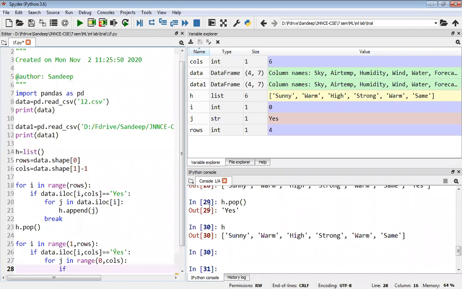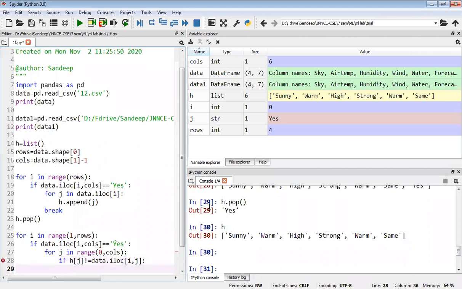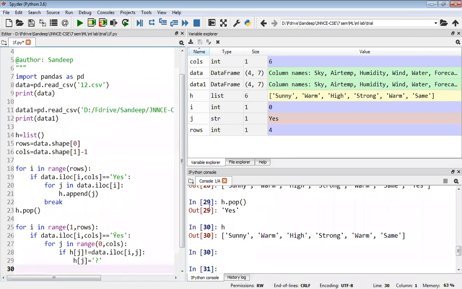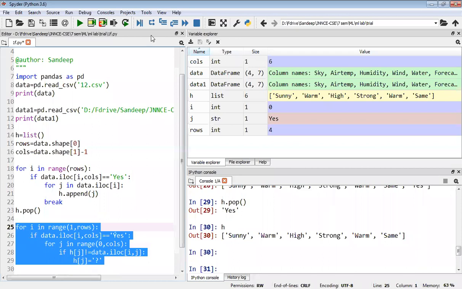Next, I have to check one if condition: if h[j] not equal to data.iloc[i, j], then h[j] is equal to question mark. So what these lines will do, I will just execute and show you.